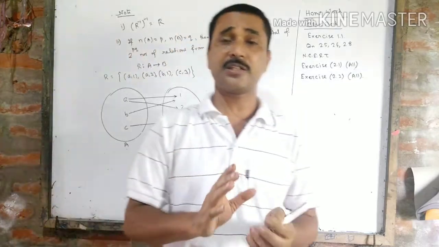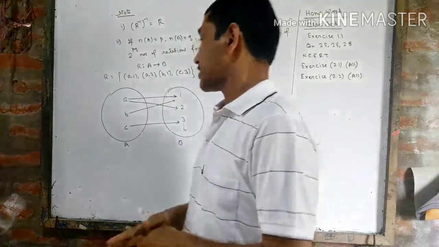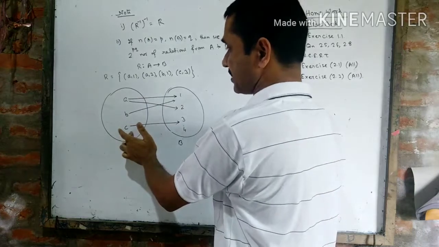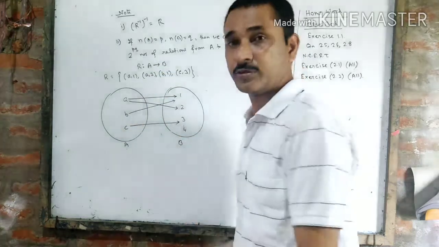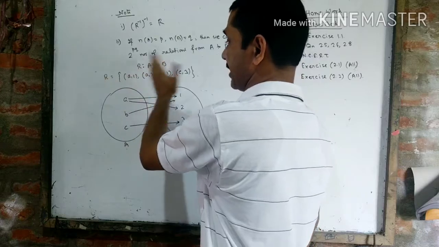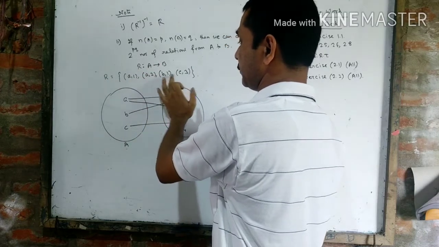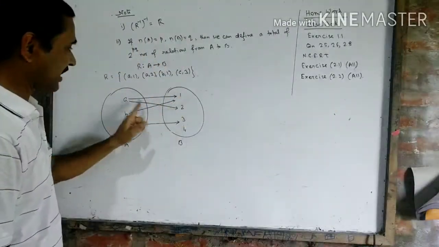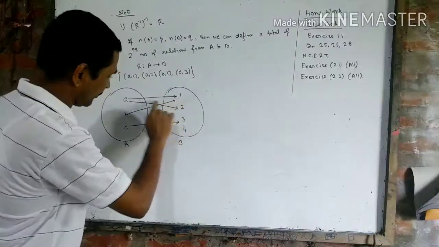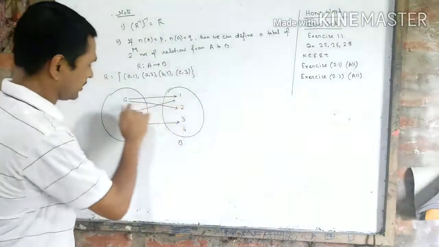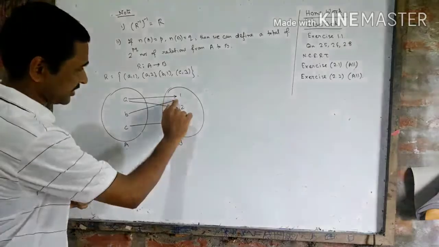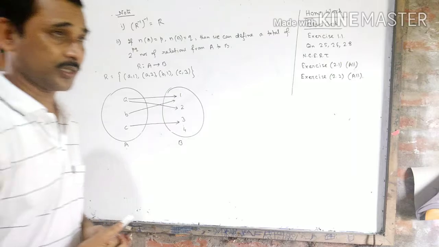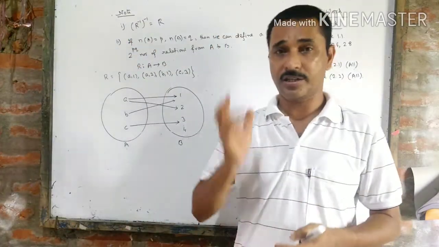Then arrow diagram, representation of a relation by arrow diagram. How can we represent a relation by arrow diagram? Suppose we have a relation from the set A to the set B. The set A has 3 elements a, b, c and the set B has 4 elements 1, 2, 3, 4. And the relation R from set A to B is defined as (a,1), (a,2), (b,1), (c,3). That means the element a is related to 1 and 2. You see here I used an arrow to show that a is related to 1, a is related to 2, b is related to 1, c is related to 3. This is the arrow diagram. Okay? Arrow diagram representation of a relation.